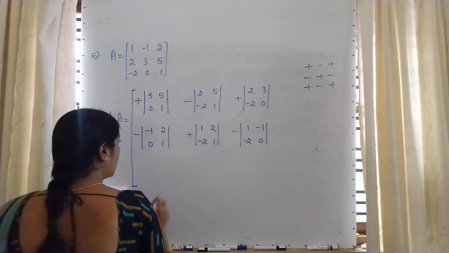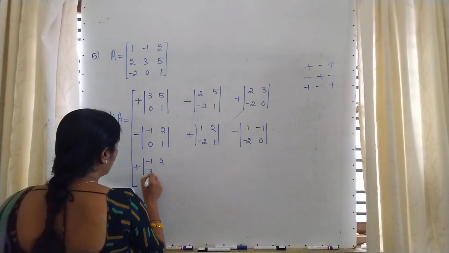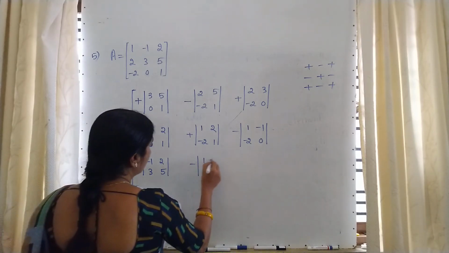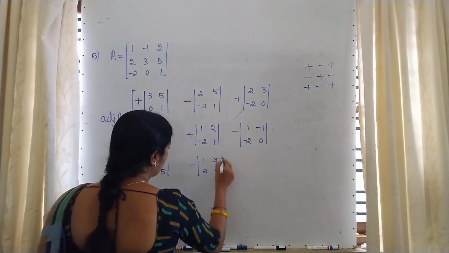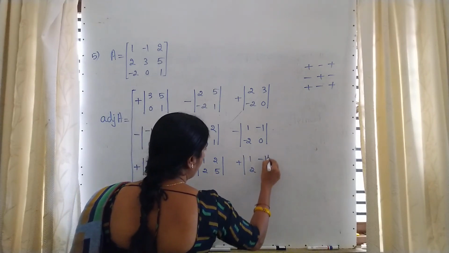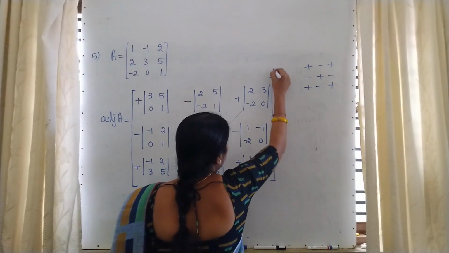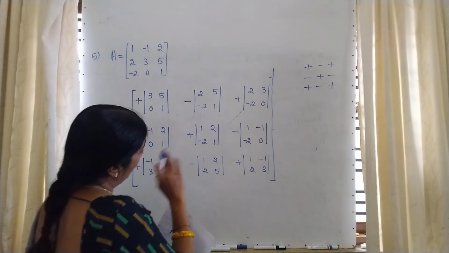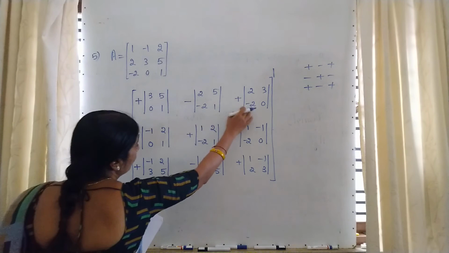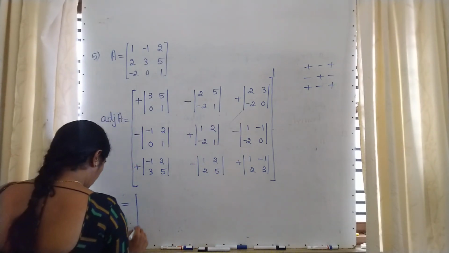Then moving to the third one. This is plus. Can you write now? Now I am not giving it, you write and compare with my answer. Remember, it is a transpose. Dash you have to write. Outside it is a matrix, inside it is a determinant, and you have to see that there are 9 different determinants. Now simplify this.